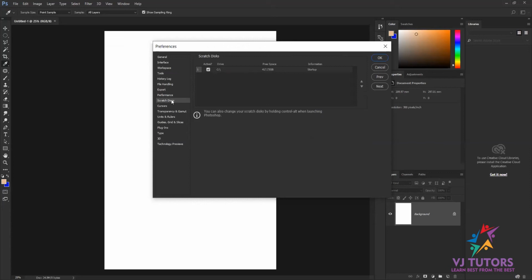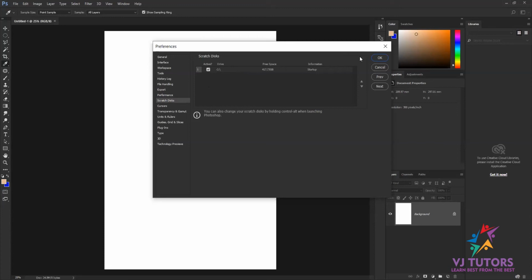If that memory gets full, you will get a notification or dialog box that says the scratch disk is full, and after that you can't even click in Photoshop. So if you have many hard drive partitions, just click on that, and it will automatically shift from the C drive to the D drive or E drive. Or if you have only one, then keep it like that. I have only one, so I'll keep it on the C drive.